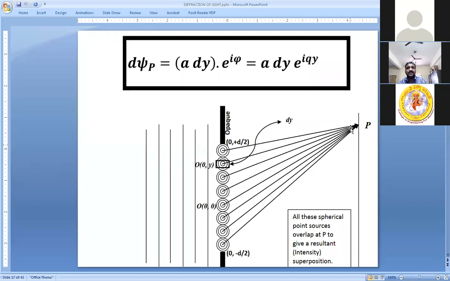In the beginning of yesterday's class, I reminded you that you cannot discriminate between interference and diffraction, because both of them are wave phenomena. In interference also, waves superpose with each other. In diffraction also, waves superpose with each other. But the basic difference is, in interference, you can clearly say that these are the 2 point sources which are going to overlap. Young's double slit experiment or our Newton's rings, we can clearly discriminate the two rays, the 2 points from where the light is coming.